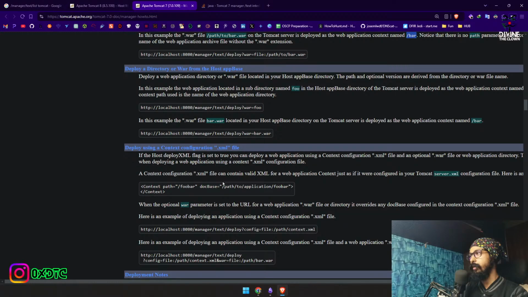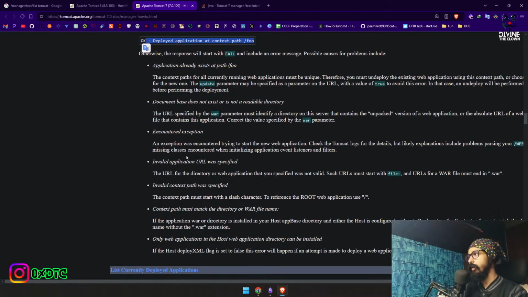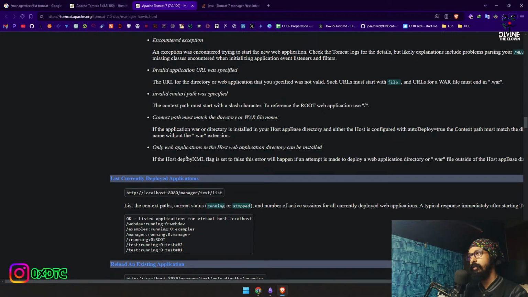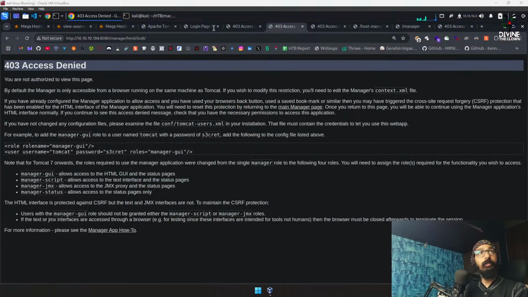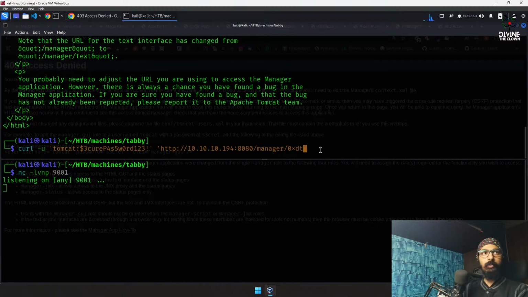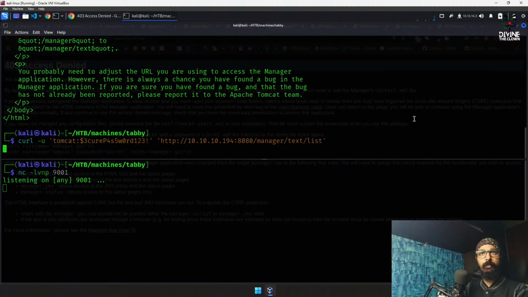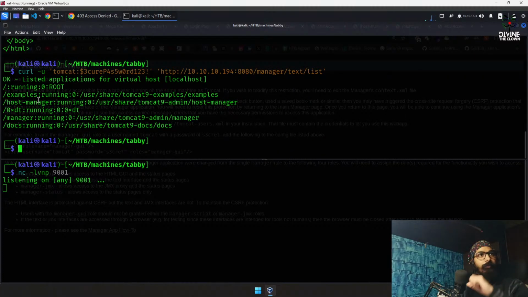Deploy foo. Deploy response. Yes, we already got this response. Okay, you're right, we can check the list if it's there. Instead of localhost, let's just copy this much, enter, and we have it running, but